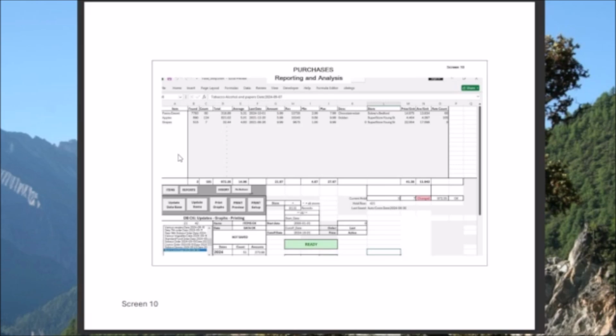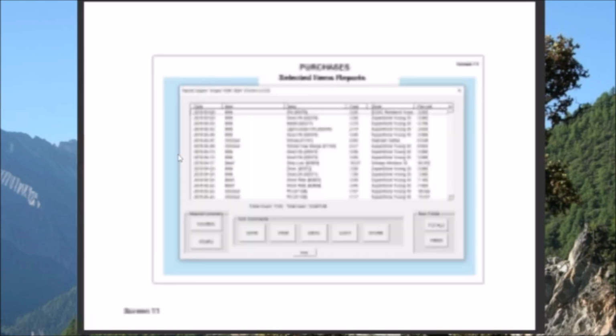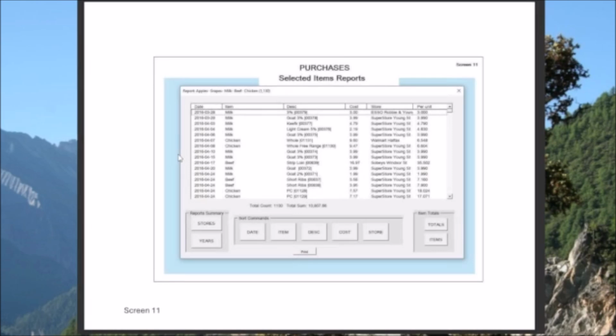So I can run the report on this, and what I get is a listing showing all of the times I purchased any of those items. You say, okay, that's interesting. Well, you can then look at the overall cost for that item as a batch. You can look at the stores, the suppliers. But if you click the year button,